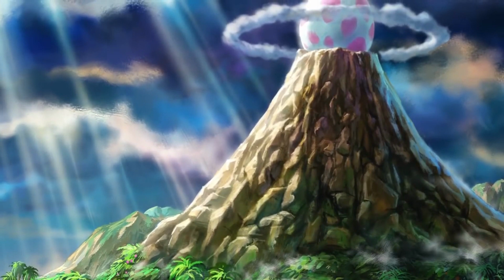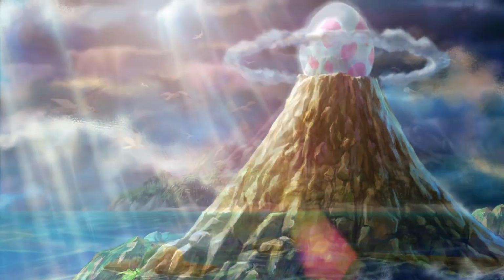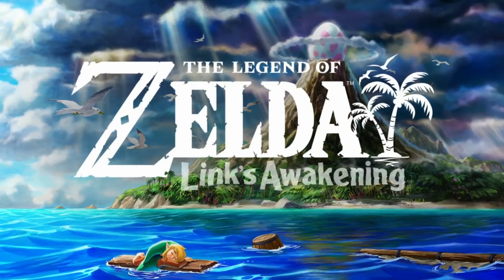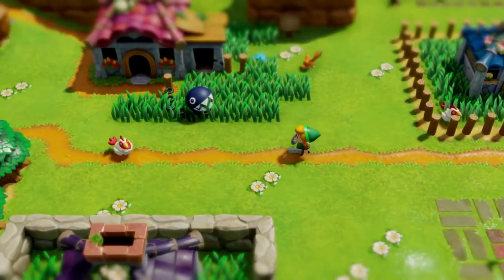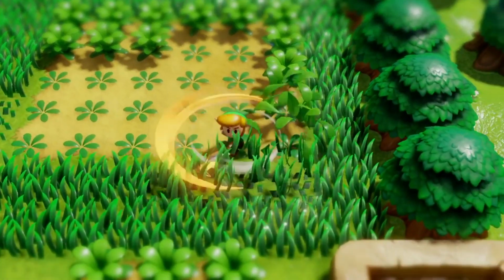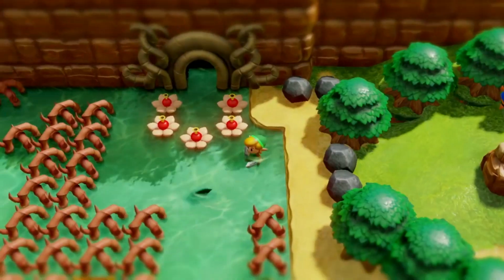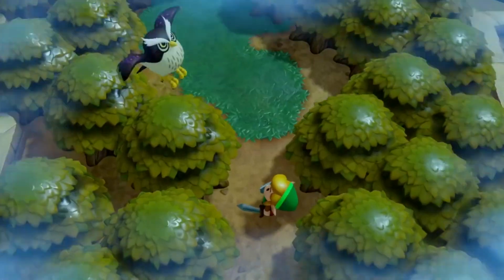So while I do think that the anime cutscene is really fantastic, and I would love to see more anime cutscenes in the Zelda games going forward, I do think that maybe it wasn't the best thing to lead with. I think maybe leading with the regular graphics first and then the anime cutscene at the end might have been better, but I understand that would have taken a lot of the surprise away. So I think Nintendo was kind of, darn if you do, darn if you don't in that situation. But yeah, overall, I love the style.